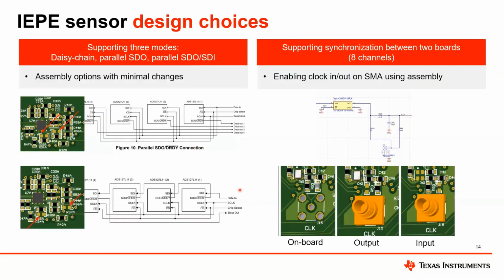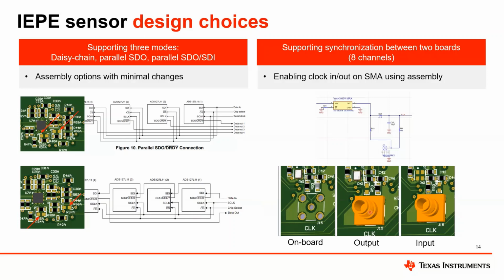The ADC supports, as Mike mentioned, parallel mode, where the ADCs can run up to 400 kilosamples per second for wideband filter mode. Here we require 4 separate SDO signals. In daisy chain mode, we can run through one SDO signal, so we can use the 4 signals typical for the SPI to run all the ADCs. We have here a maximum data rate of 128 kilosamples per second. Both modes are supported on the design through an assembly option.